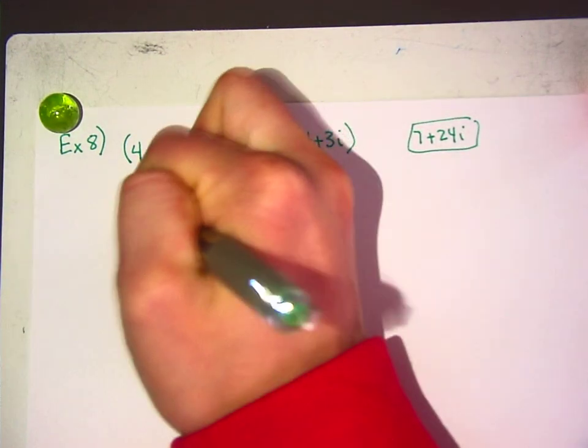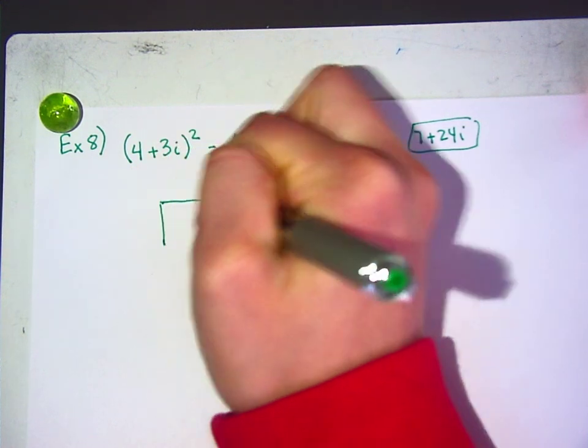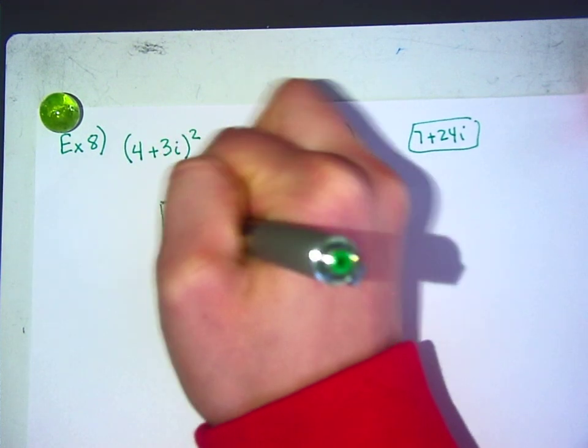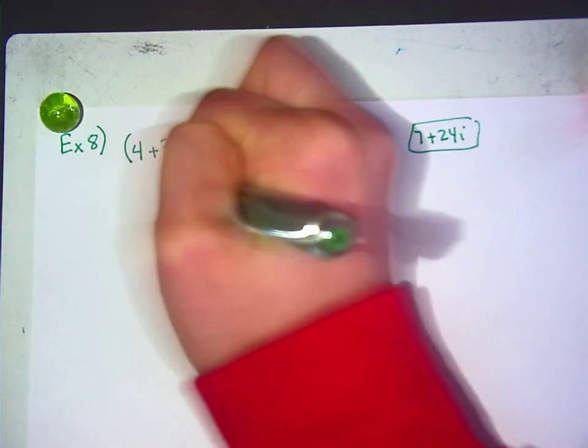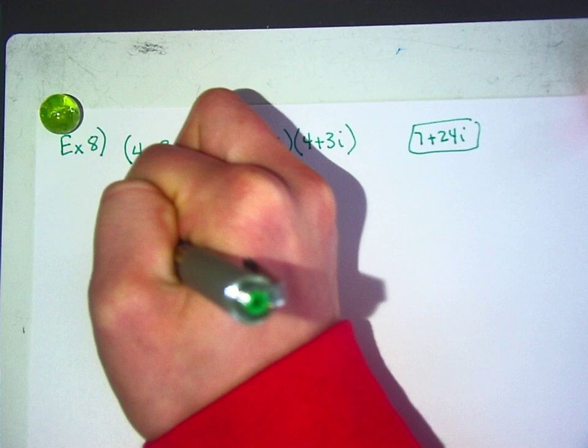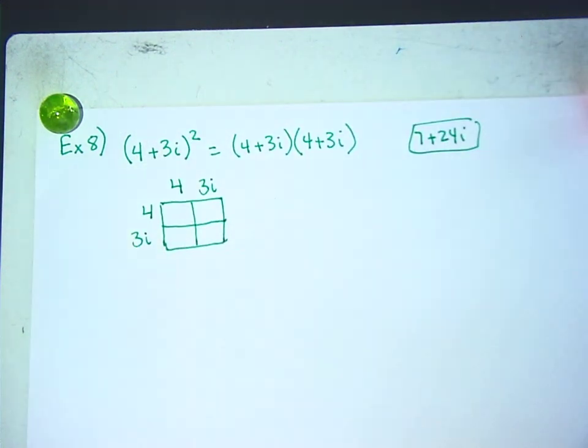All right, so we can draw a box. Right. And put the numbers outside. All right, so